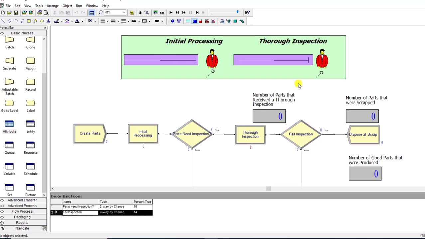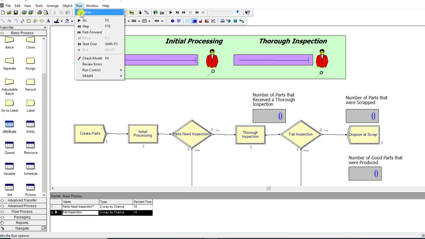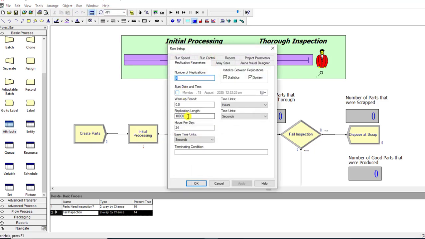This is the 2D animation model. You can go through it, and if you want to learn how we can make this kind of animation, you can check my other playlist, which is Simulation with Arena, and you can learn the concept of how we can make a 2D model. Move to the run setup and set these preset conditions as described in the problem, and then